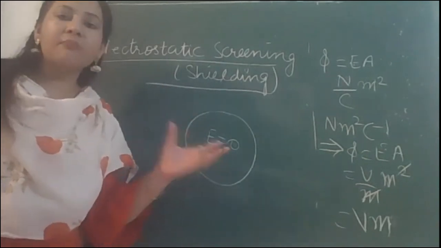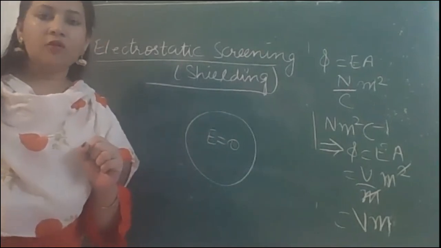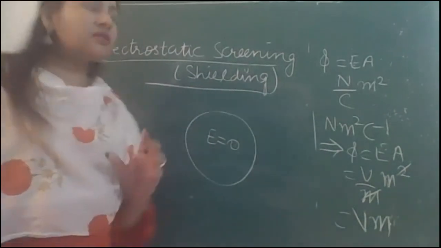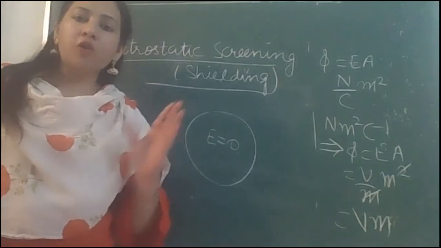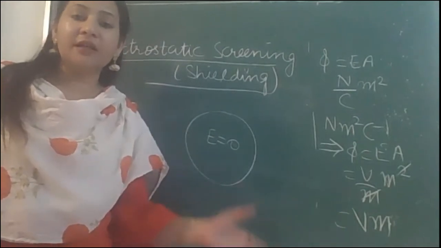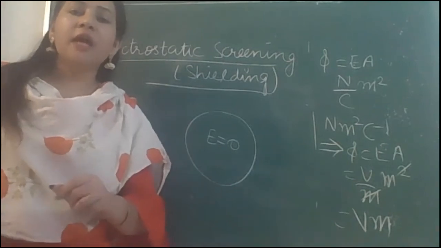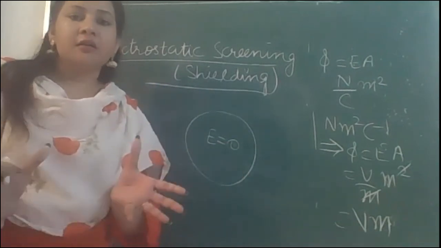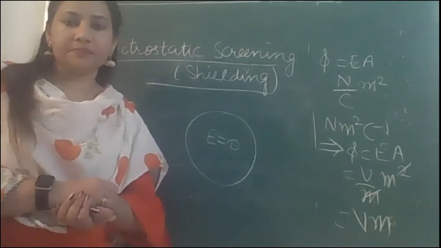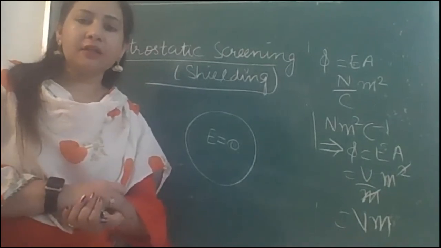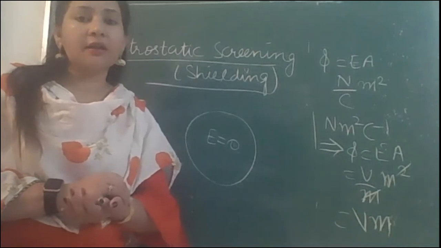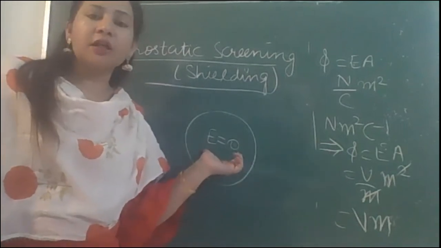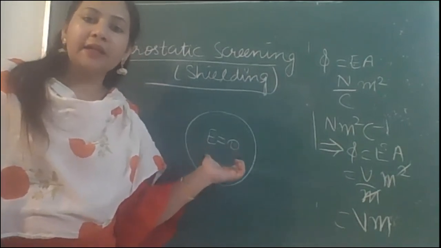For hollow conductor, for example, a car, interior of a car. Okay, do you remember if during lightning and thunderstorms, what happens? You are stuck in thunderstorm and lightning. You should not stand under a tree, rather you should sit inside a car, which will act like a hollow conductor. And since electric field inside that hollow conductor will be zero, it will protect you from external unwanted electric fields. So you will be saved from lightning and thunderstorm if you sit inside a hollow conductor like a car. You will be 100% safe there. Okay, because electric field inside a hollow conductor is zero. So you will remain protected inside.